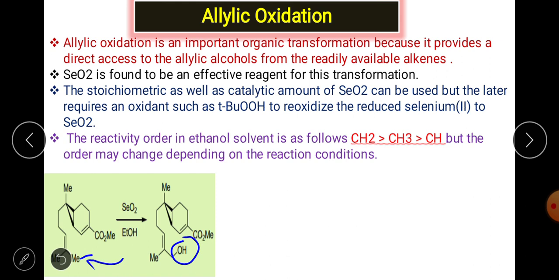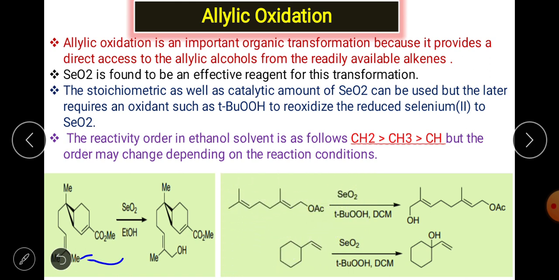There are some certain rules. For example, E alkenes are produced, the E isomer being major over the Z. Okay, and the more substituted carbon will be oxidized first. Another application is given here again. So this is the type of carbon which will undergo the oxidation, converting to the hydroxy group.